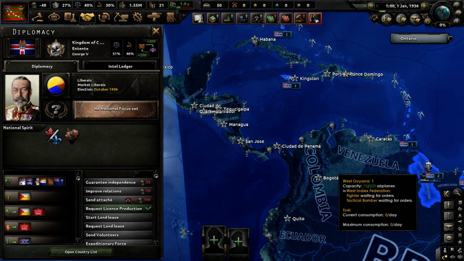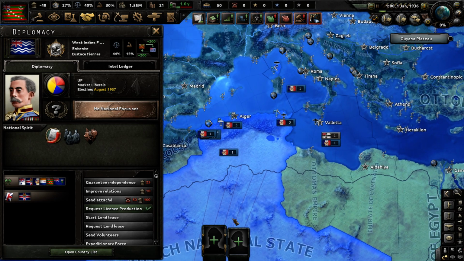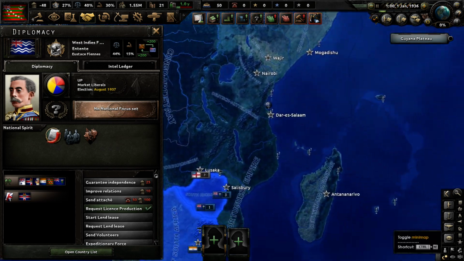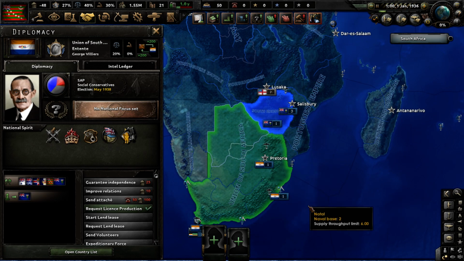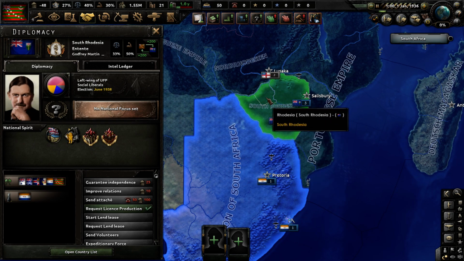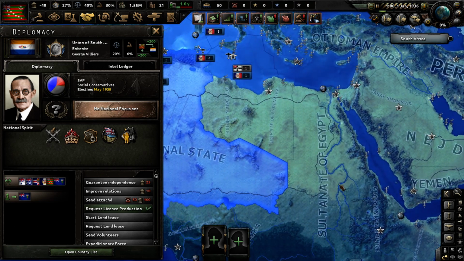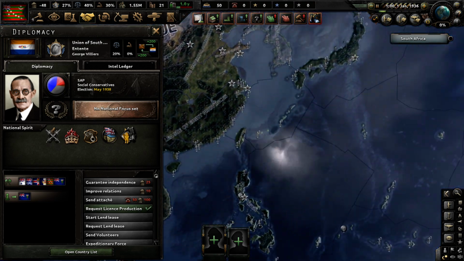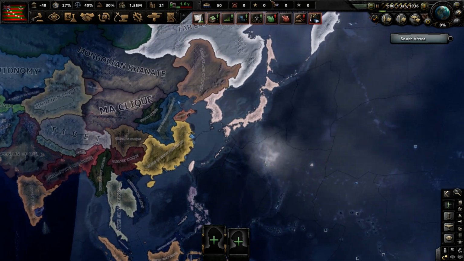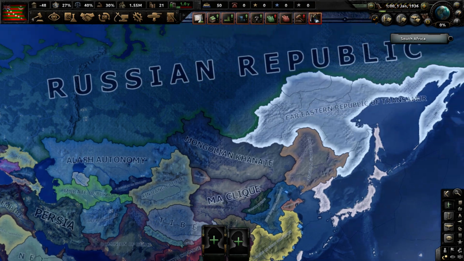And then we have the West Indies Federation, also part of the Entente. And South Africa here. Sorry about the wobbling of my mouse, guys. I'm getting used to this new mouse. And then we have South Rhodesia, also in the Entente. So we've got a couple countries here that are still loyal to the crown. Obviously, this map looks a lot different than it would in the